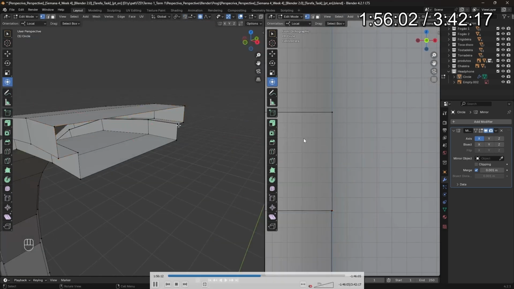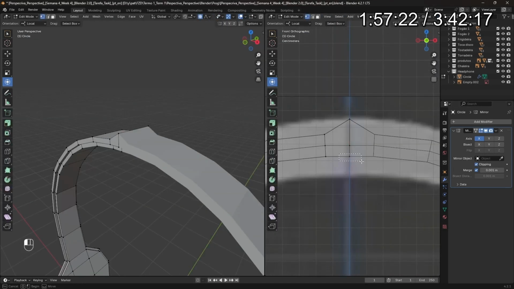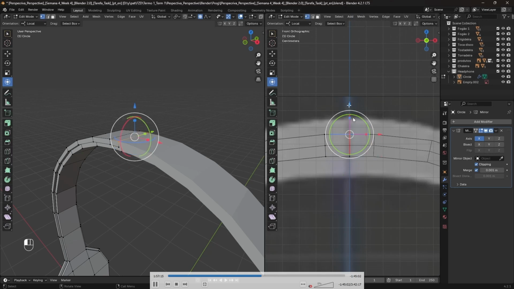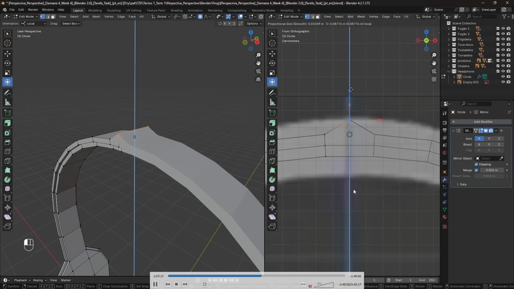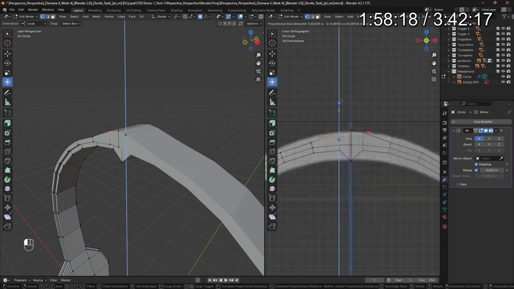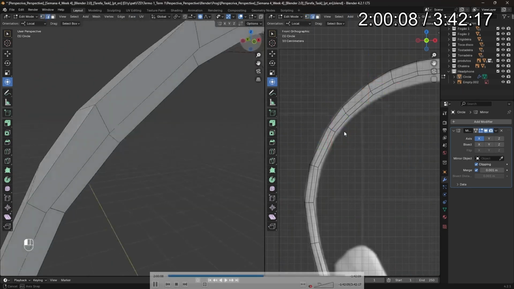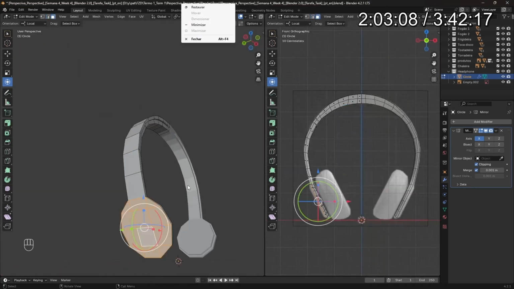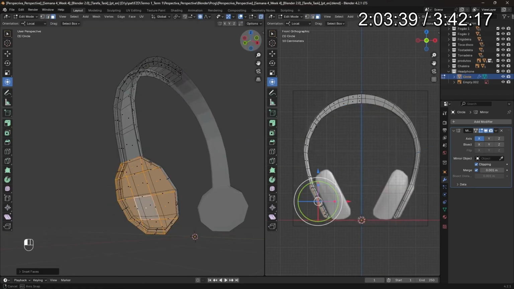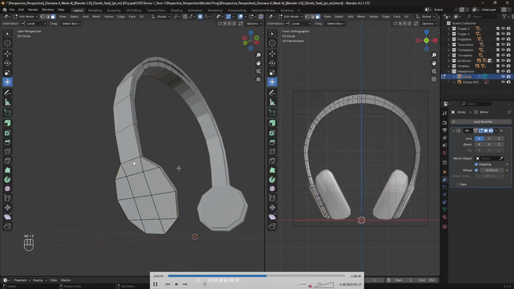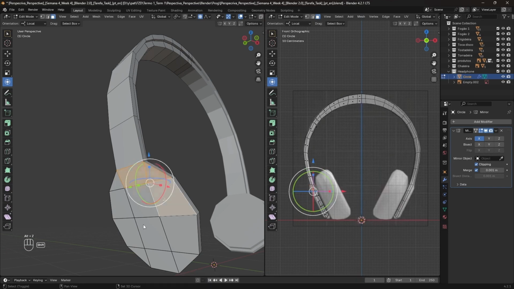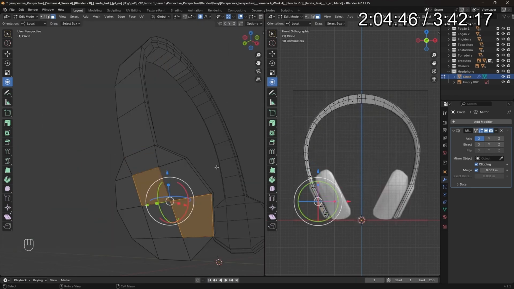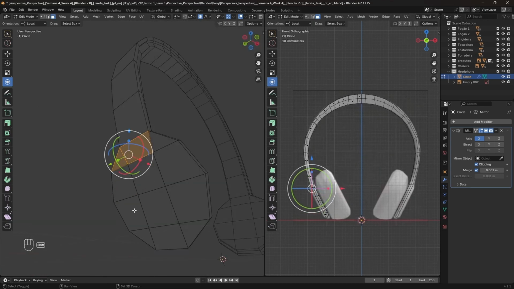So yeah, as you can see, I did it, and now we have the thing joined. The idea is just to move these vertices to match with the base structure of the reference. So I was just moving it and doing all of it manually. After that, my idea was to extrude this part. So I wanted to select this face and extrude, but you can see that basically I had a problem of